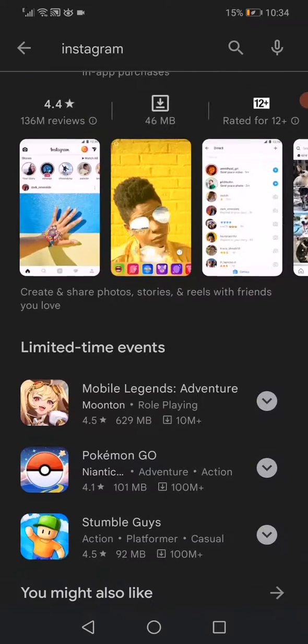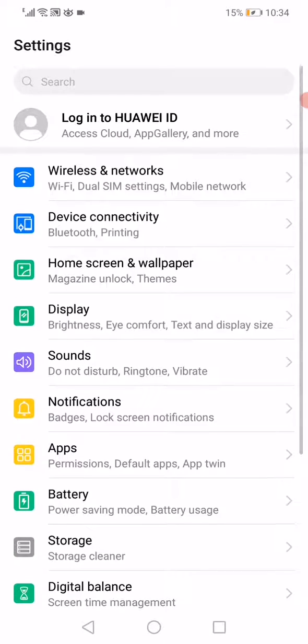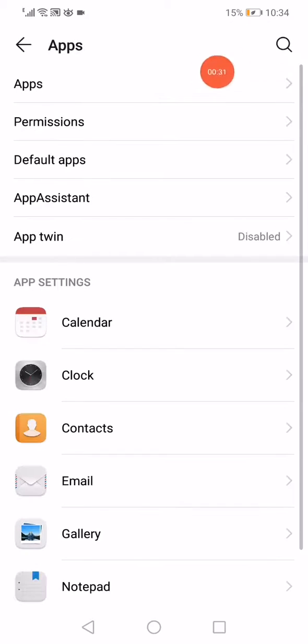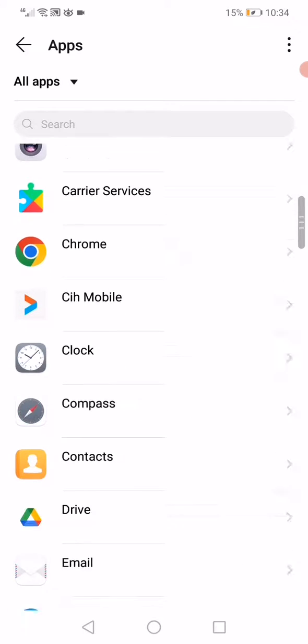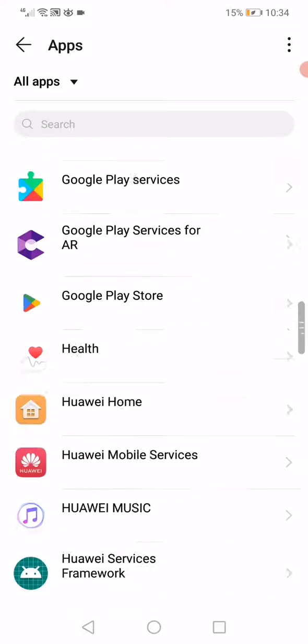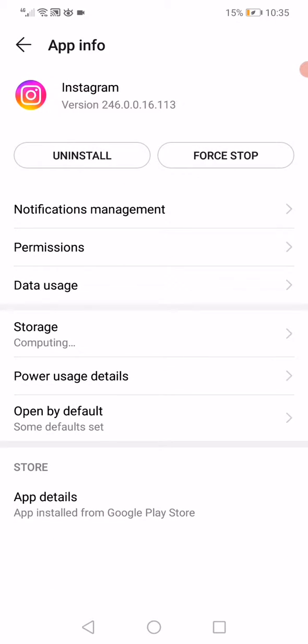That's the first step. The second step is you have to go to the settings and then go to the apps manager and go to the apps. Now all you have to do is just wait a few seconds. It will start loading the apps that you have on your phone. Scroll until you find Instagram, and when you find it, just click on it like this and click here on